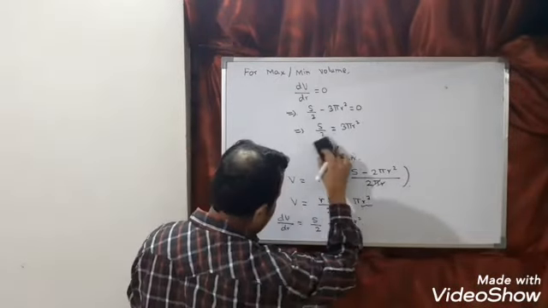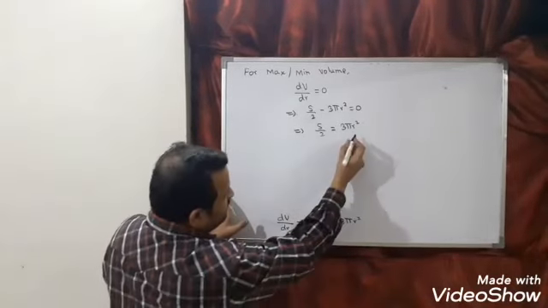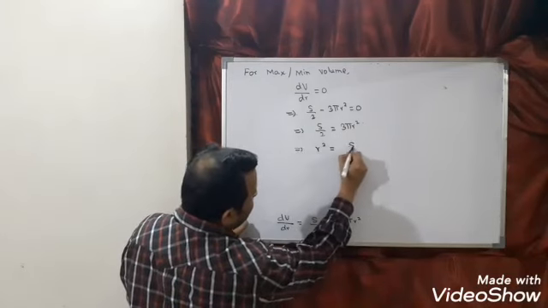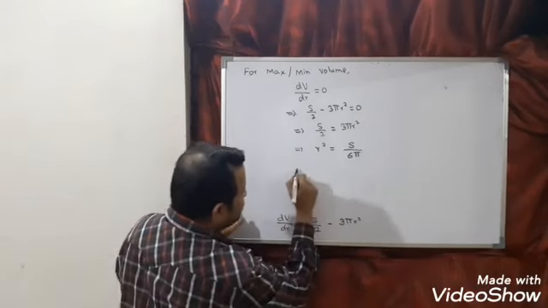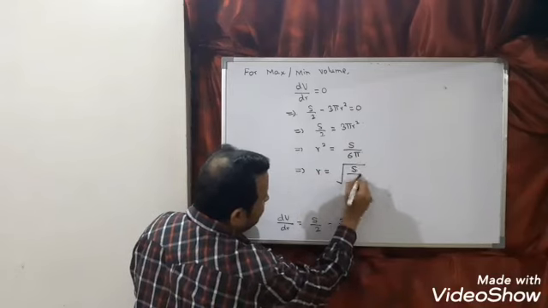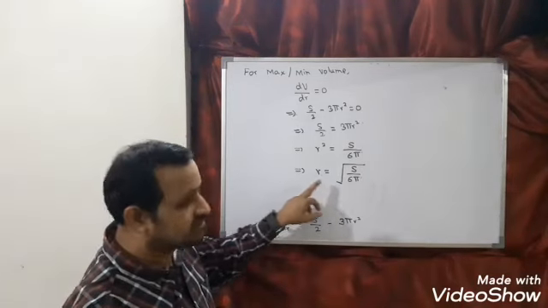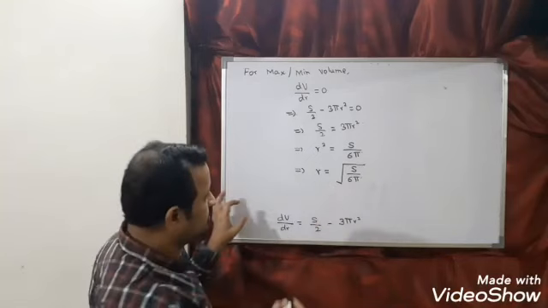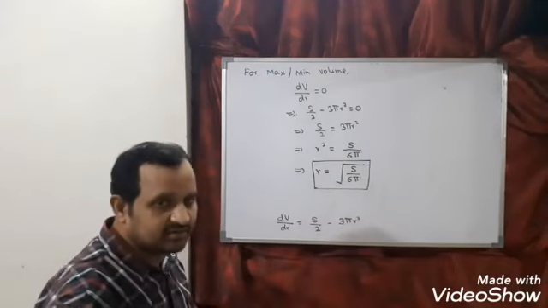So tell me, what is r? What is r square? From this I can say r square is nothing but s divided by 6 pi, or I can say r is equal to square root of s divided by 6 pi. We have to show that height is equal to diameter, so height is equal to 2r we have to show. So this is nothing but the r value, right? Next, calculate the second derivative.